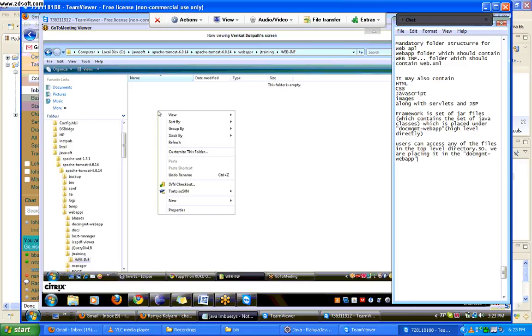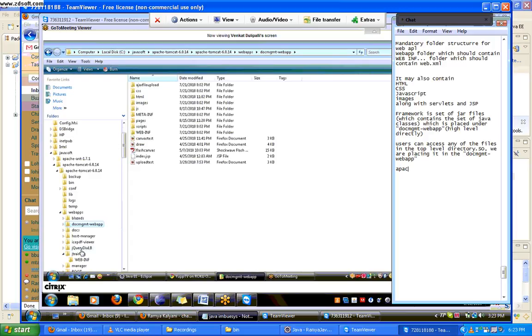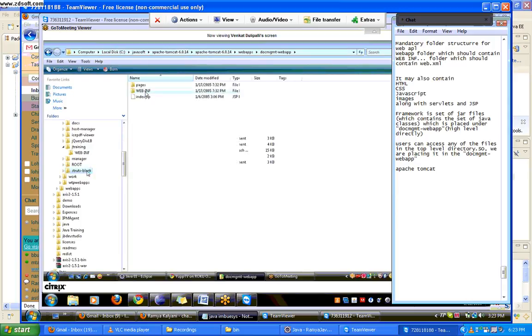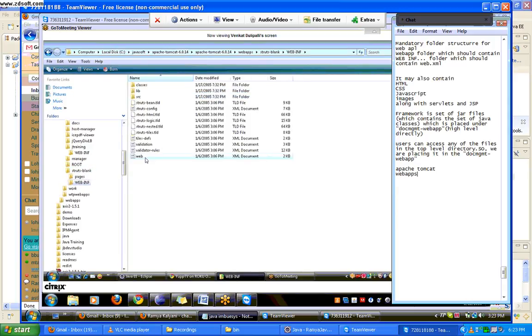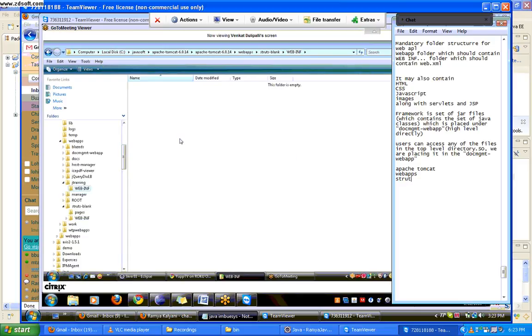And what is the mandatory file? The web.xml file. Let me copy the web.xml file from somewhere here. I'm copying the web.xml file for now. Just remember this, but you're going to have a default web.xml when you develop